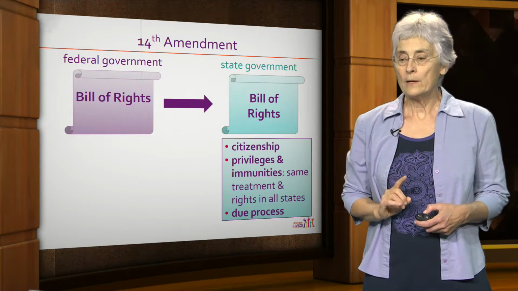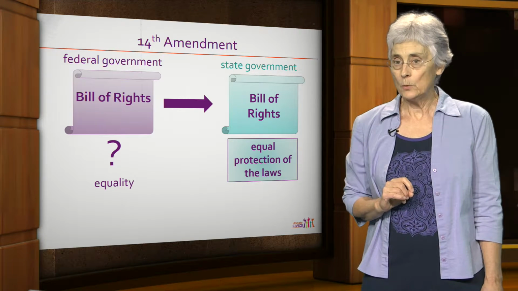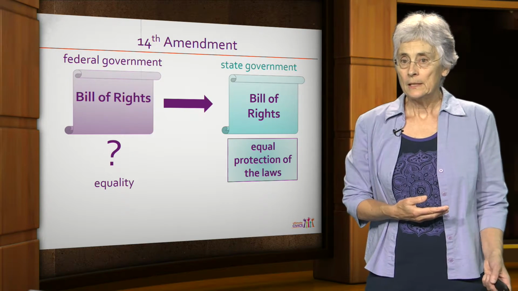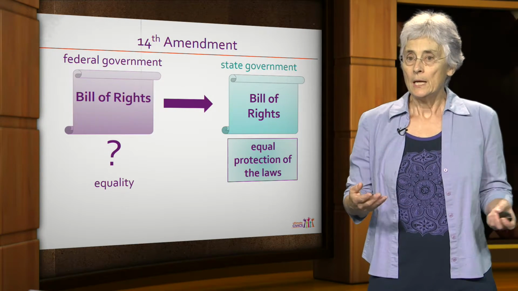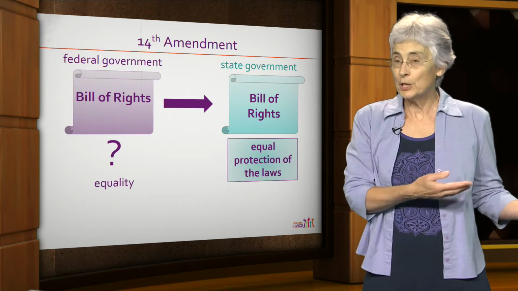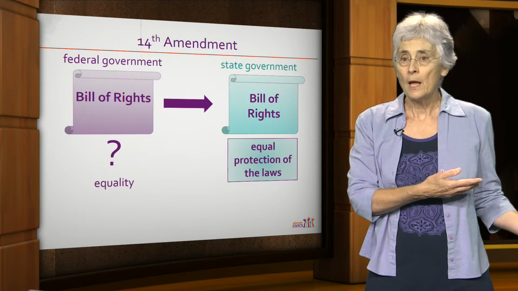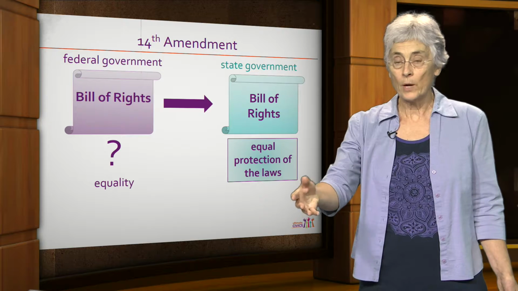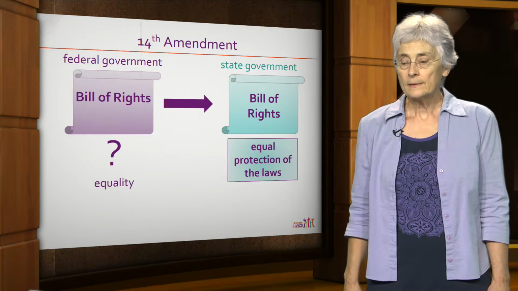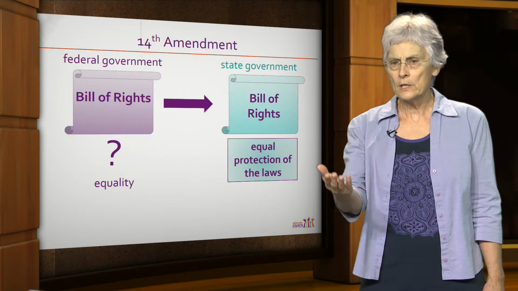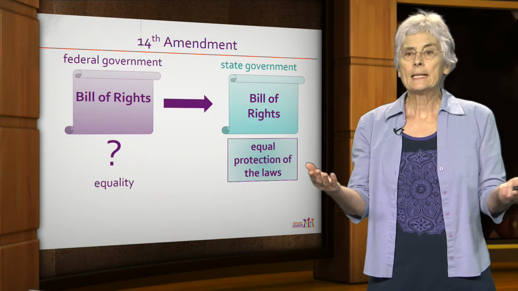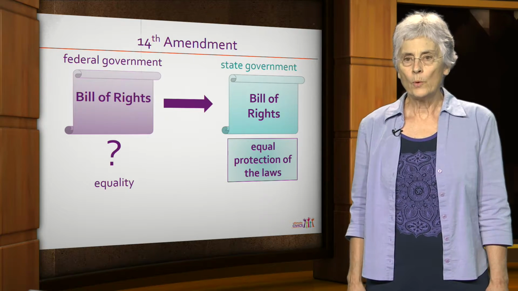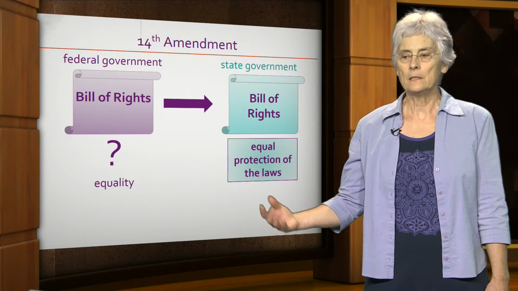The 4th right recognized in the 14th Amendment was equal protection of the laws. This is about equality. Equality is not mentioned in our Constitution, in our Bill of Rights. It's mentioned in the Declaration, our statement of principles, but it was not pulled into law as these other rights were. And in fact, it was another 80 years. So the 14th Amendment was like 1860s, okay? It wasn't until almost 100 years later, actually, and the civil rights movement of the 1950s and 60s